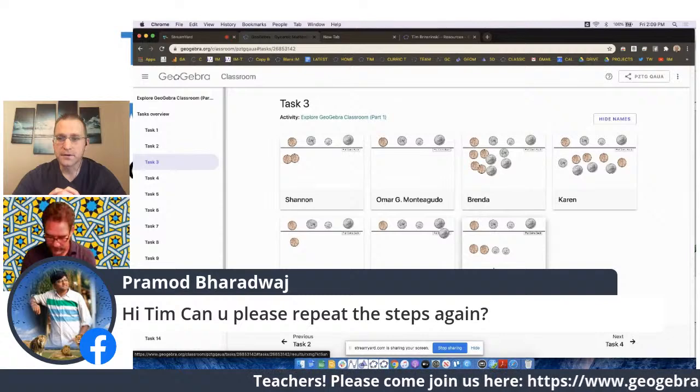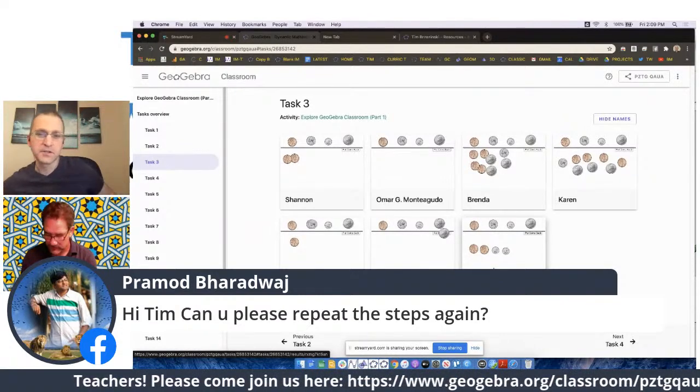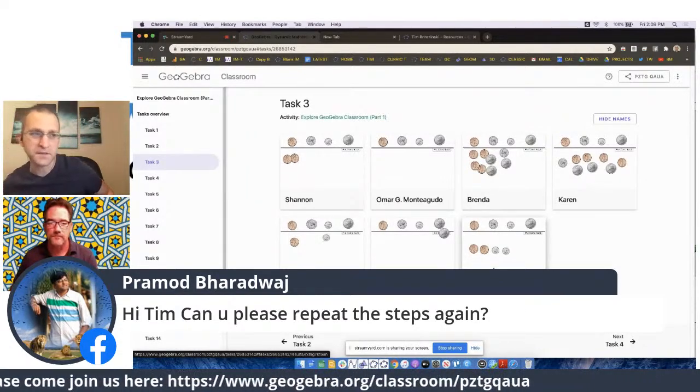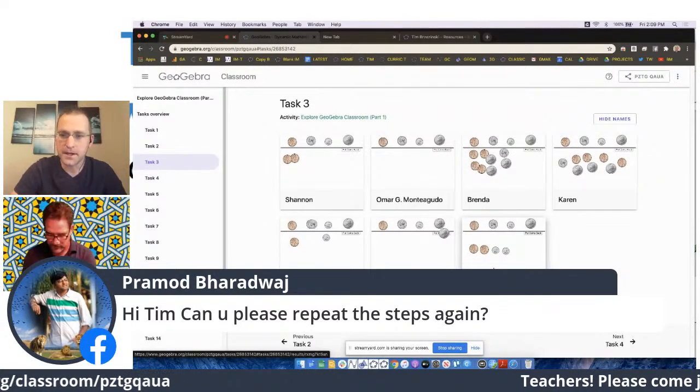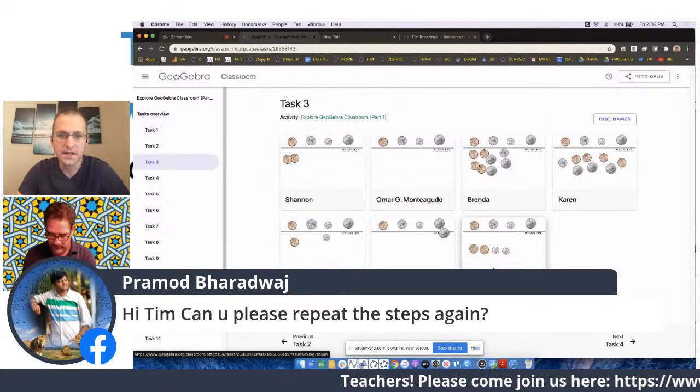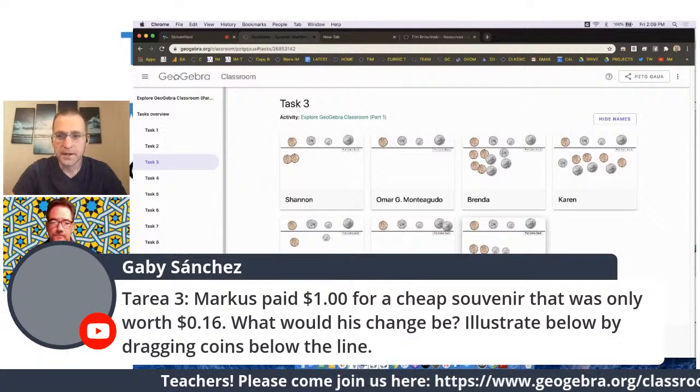as you drag those coins. This is an activity that was originally authored by John Albright. I think he's from Indiana. He is an amazing GeoGebra author. I copied his activity and I modified it a little bit just to make this template here, if you will.